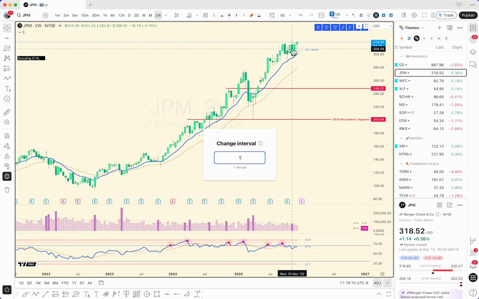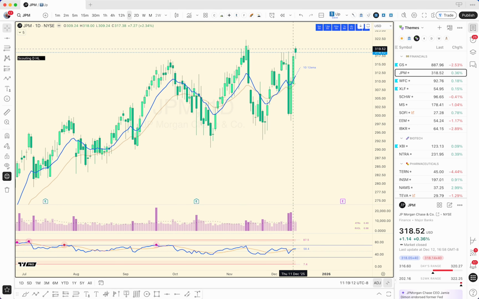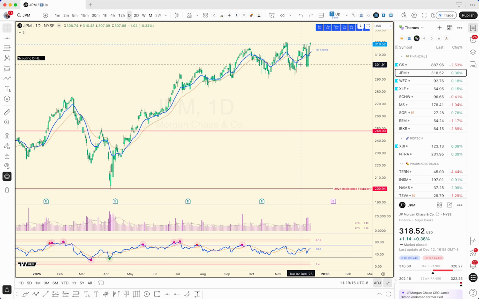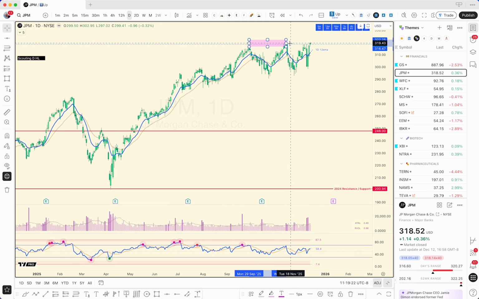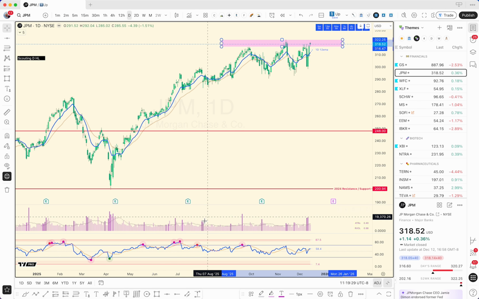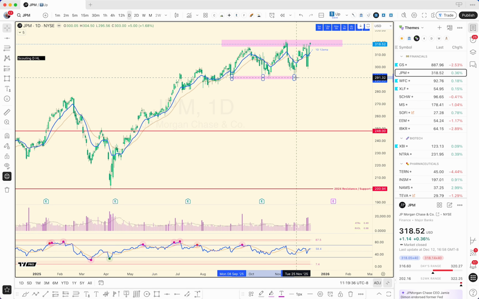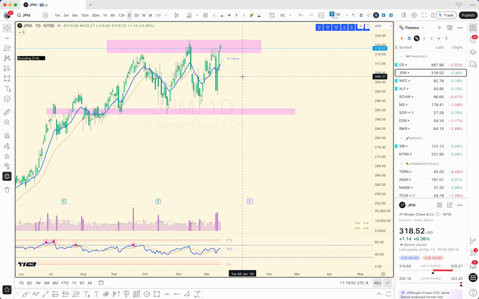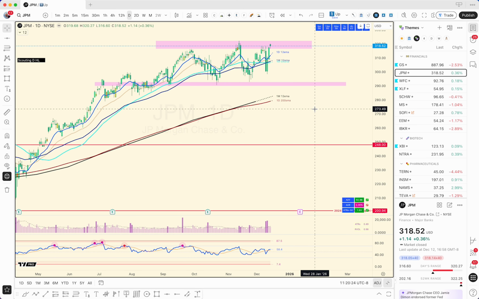So look at the daily again. And yeah, we've got a range. We're trading in here and it's trying to break out of it. So this is something that is very interesting to me. Again, I don't trade these names very much, but I look at this and I'm just like, whoa, there's very clearly a level at the top and a level near the bottom. Worth watching and trending up. So yeah, I look at this name and I like it. I just don't see any